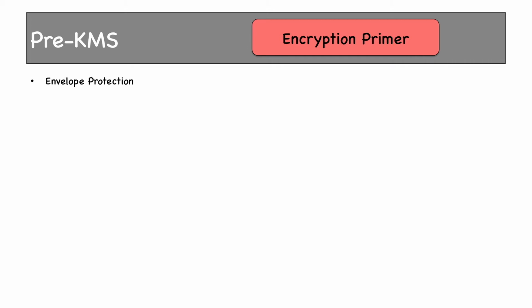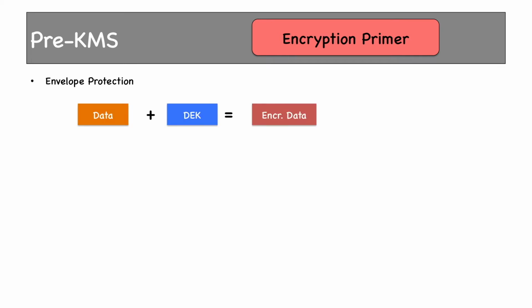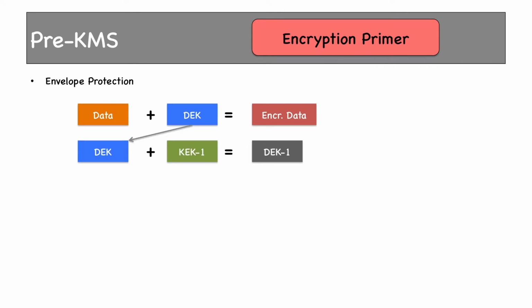In envelope protection, we can use multiple encryption keys to encrypt DEKs and finally use a single CMK to encrypt the final encrypted DEK. Let me show what I mean here. This is our typical encryption at rest. Data is encrypted with the DEK to get encrypted data. Then this DEK is encrypted again with another DEK, which is also called a KEK or key encryption key. Key encryption key is just another name for DEK. This name is used to signify that it is being used to encrypt a data encryption key or DEK. It is exactly the same as a DEK, the only difference is that it is used to encrypt a DEK.